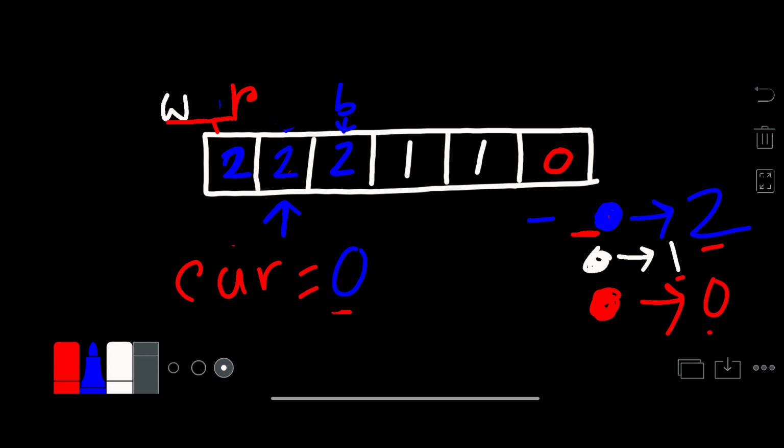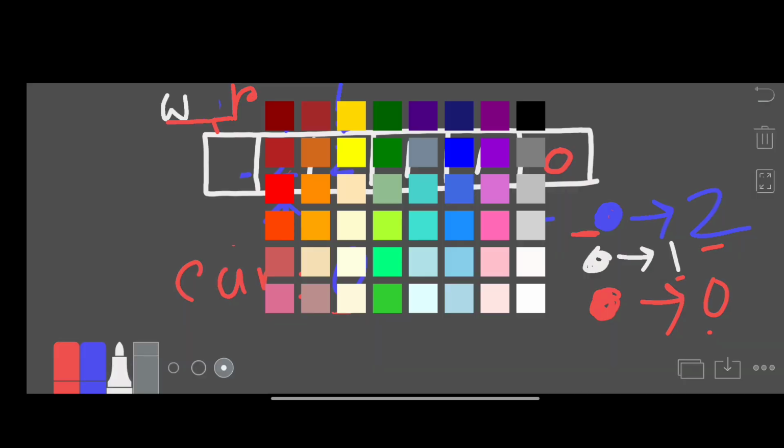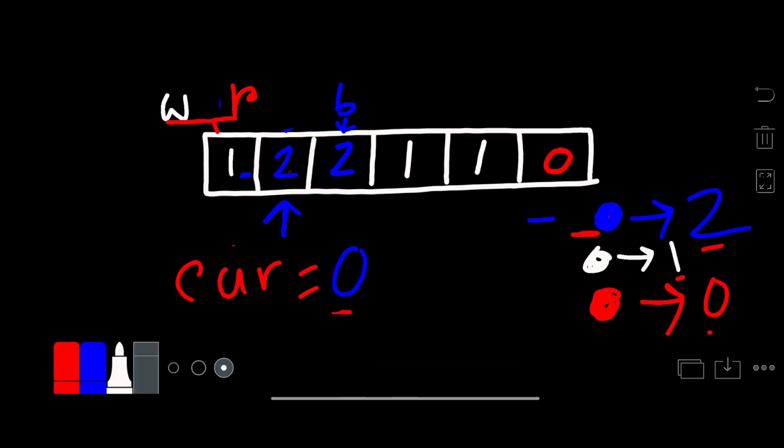White points to the 0th index, so first I will update the value and increment the pointer. Now white points to index 1, and next is red, which points to the 0th index.